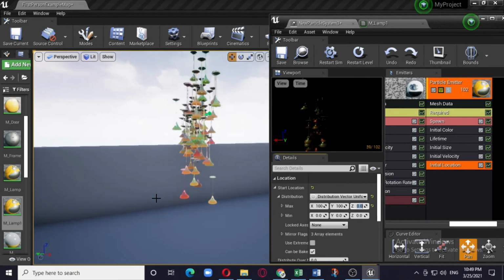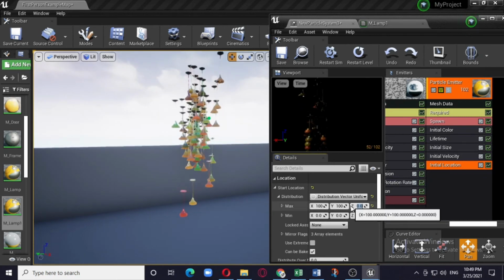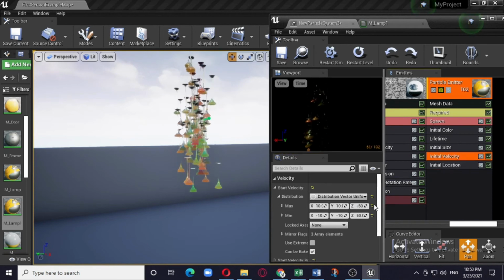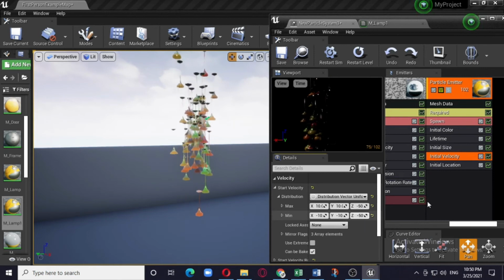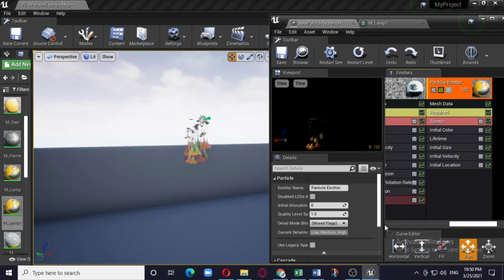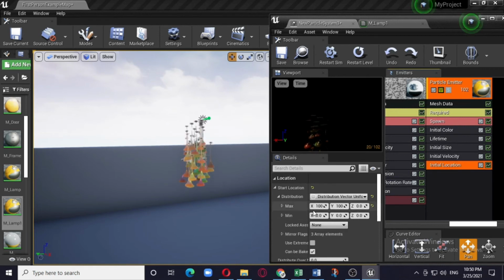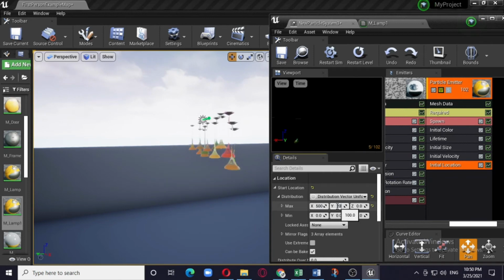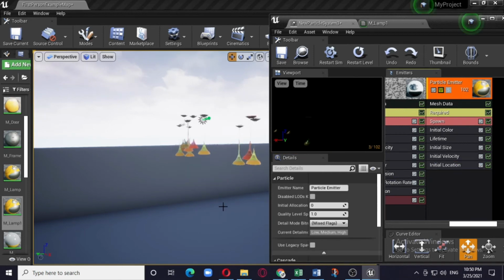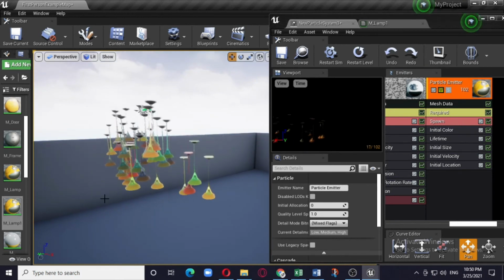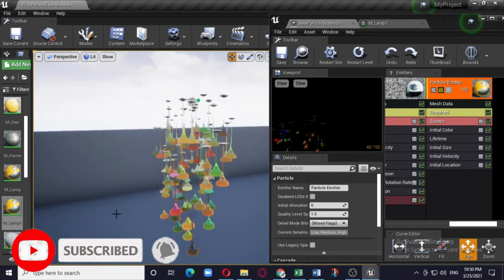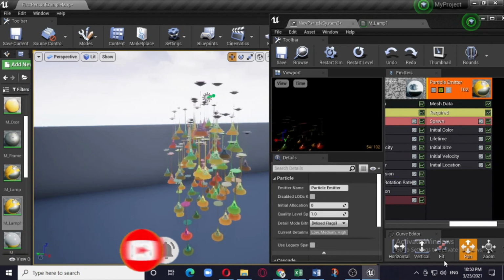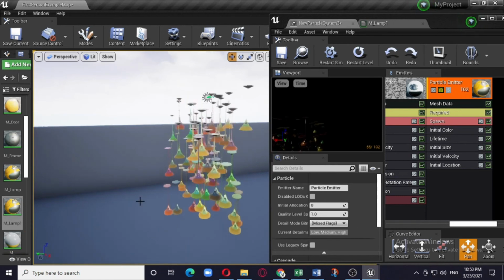So here we can see the distribution is happening like this way. I think if I reduce this to minus 50, so that everything will come down. Okay, I need to spread it out. So instead of 100, let me make it 500, and let me make it 200. So here we are. So you can see colorful lamps which are falling onto the sphere. Not sphere, I mean this surface.